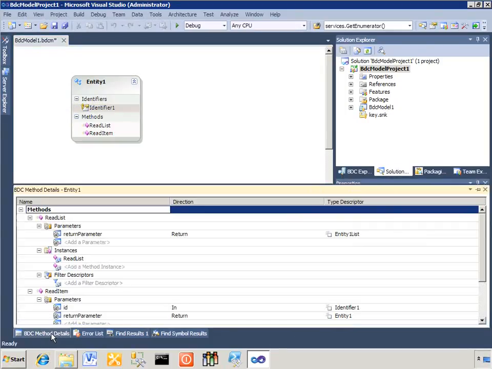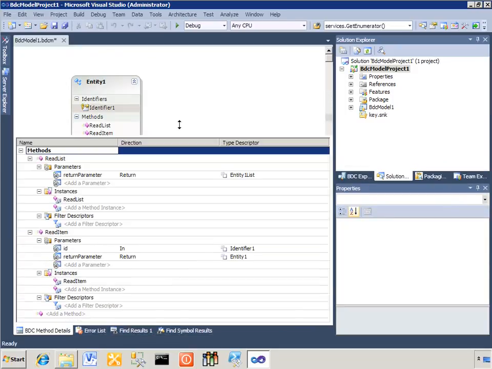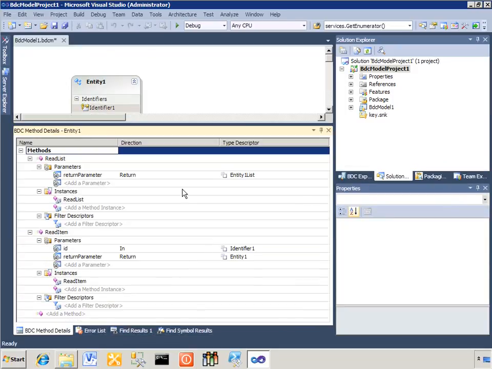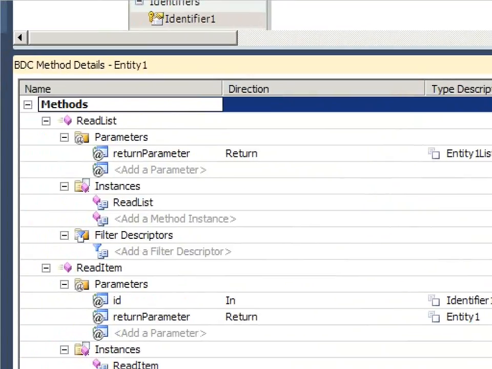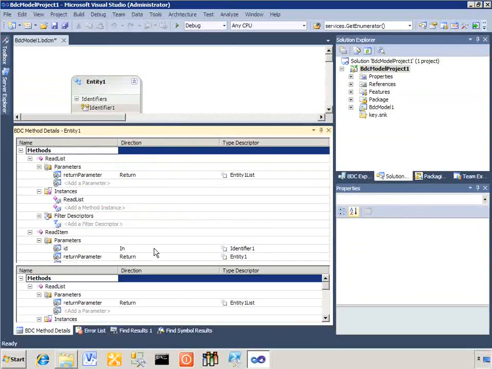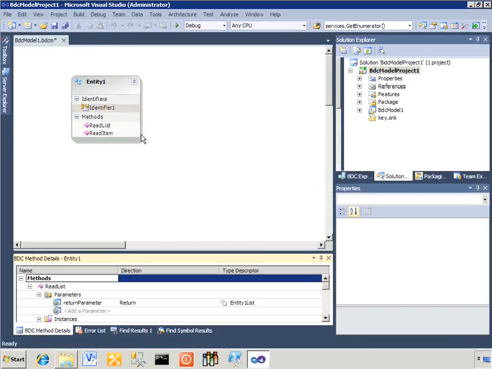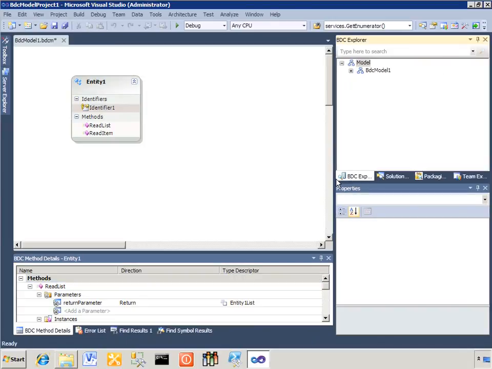You're going to have this, we'll go ahead and pin this down here. You're going to have the method details here, kind of an overview of the different methods and the parameters they take. And then, as I was showing you before, you have this top section, which is the designer for the entity itself. And then you have over here on the right this BDC Explorer, and you're going to use this with